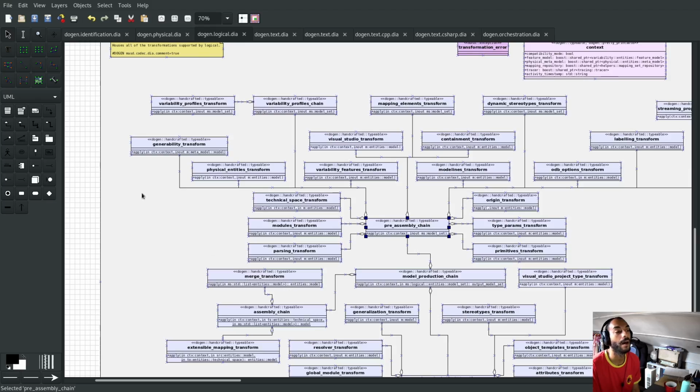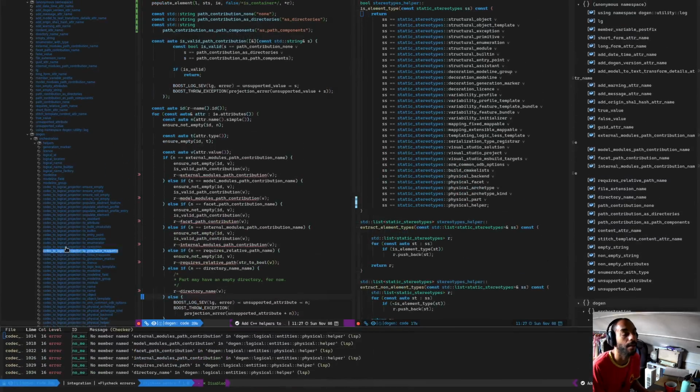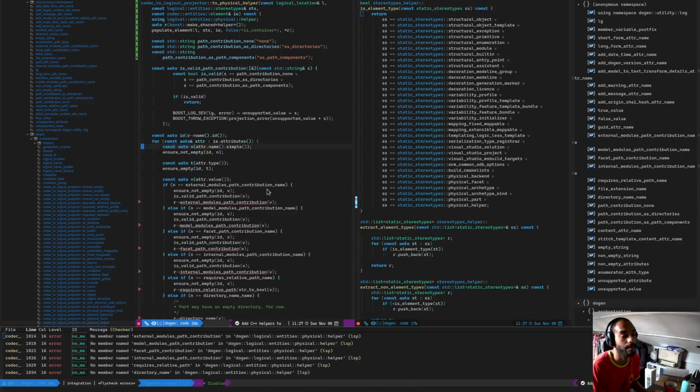It will be around, interesting area, physical entities transform. Okay, so we need to first convert, then update the transform. So I think there won't be much work to be done from here. I don't actually except